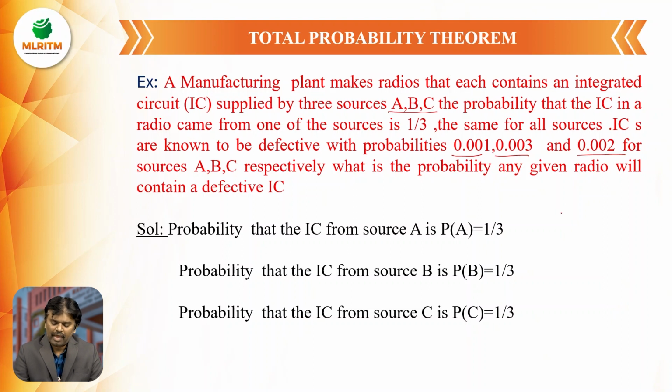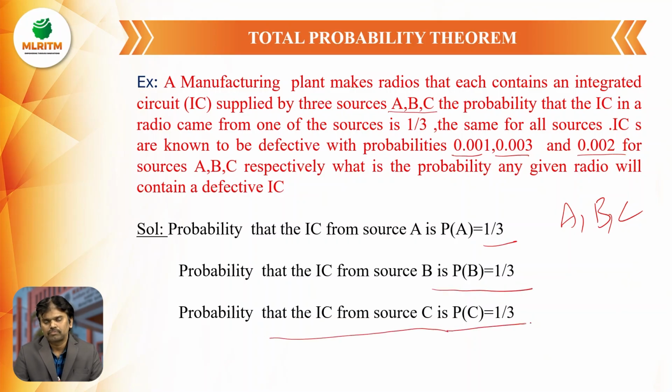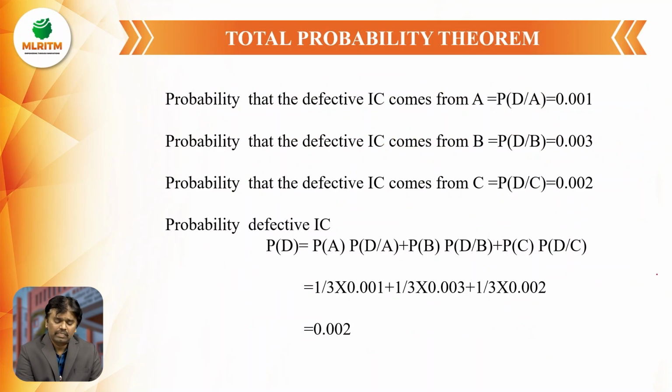So first of all, I am having the three sources A, B, C. The probability of an IC from source A is equal to 1 by 3. The probability of an IC coming from source B is also 1 by 3. The probability of an IC coming from source C is also 1 by 3. All three sources A, B, C have equal probabilities. Next, the probability that the defective IC comes from A only. First, I am selecting the source A. Next,